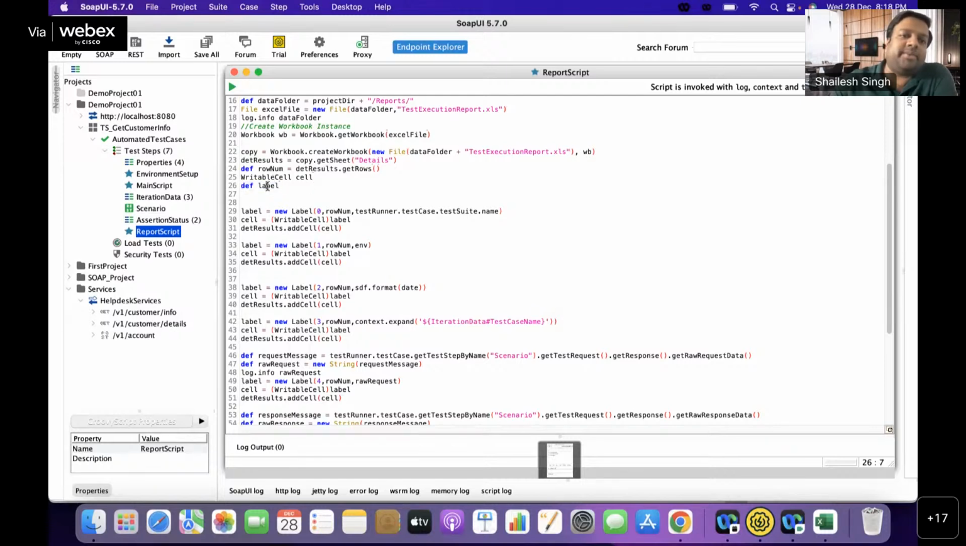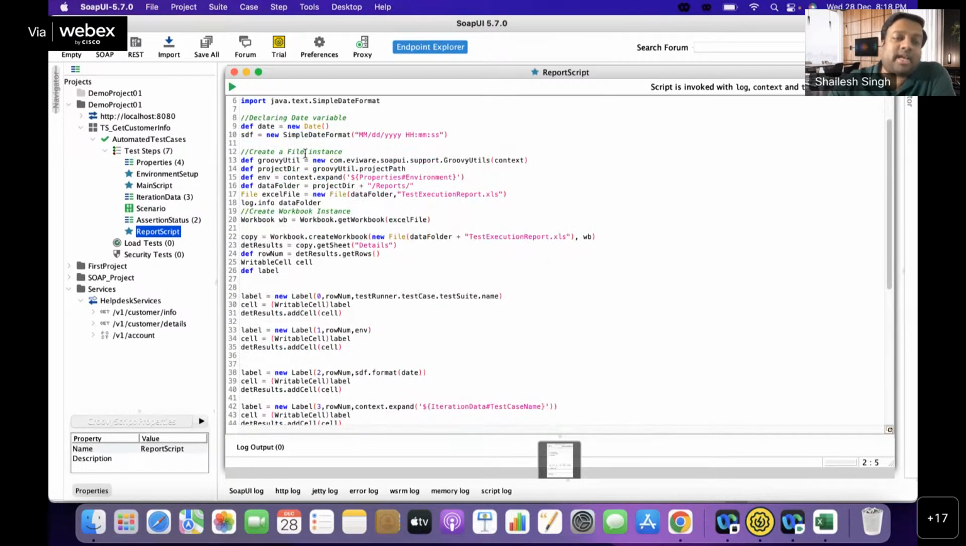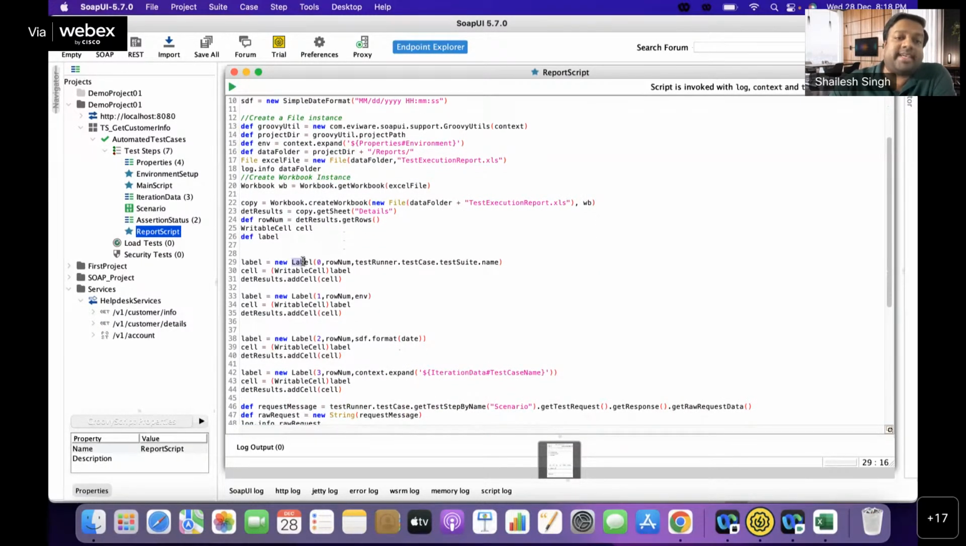This has no meaning. We can give it a name XYZ also, but we have created a variable which we will use. So now we are using that label. We are creating a new label. This is an object, a class. Inside JXL, which we have imported, we have a class library, label. So we are creating a new object, and inside that variable we are creating a reference, new label at